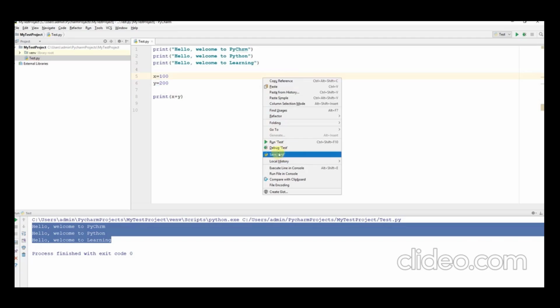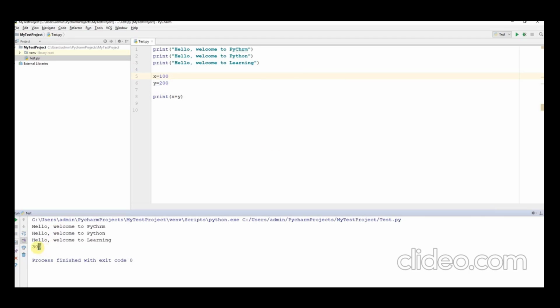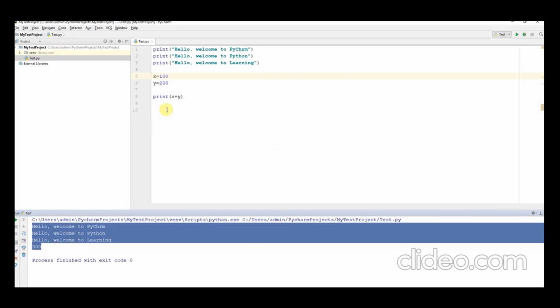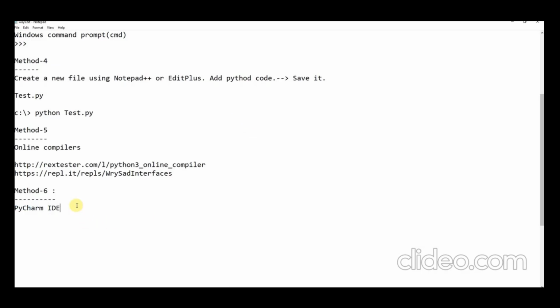Okay, this is another method, and the last method we have is method 7 by using Eclipse IDE. Eclipse is also an IDE, but most of the time we use Eclipse for Java, but we can still use Eclipse for Python. So this is for Eclipse. You can use Eclipse IDE, but we need to install one plugin for Eclipse. Now I'll show you how we can do that. So in Eclipse also we can do that. Now let me just share a small screen here.